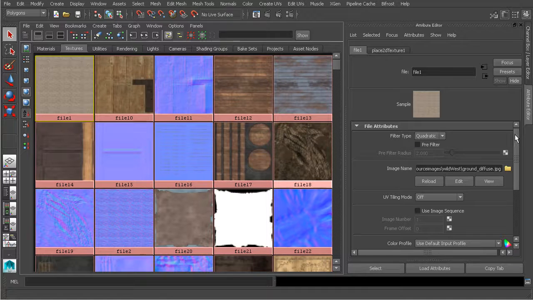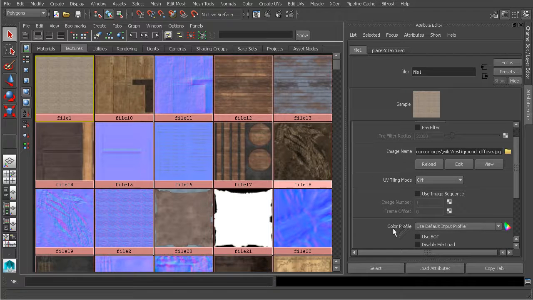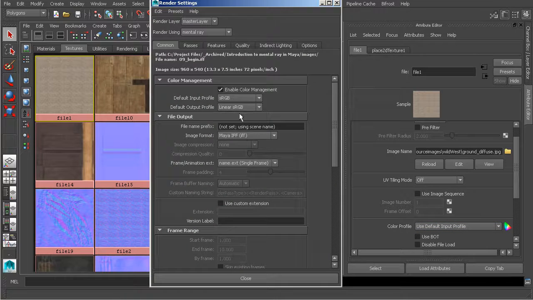Now what I want to point out to you here is down here under the file attributes, the color profile. Right now, by default, each one of these should be set to use default input profile. Now notice that may sound kind of familiar. It should, because if we look in our render settings, the default input profile is set under color management to sRGB. So basically what this means is if we leave the default color profile for each one of our files